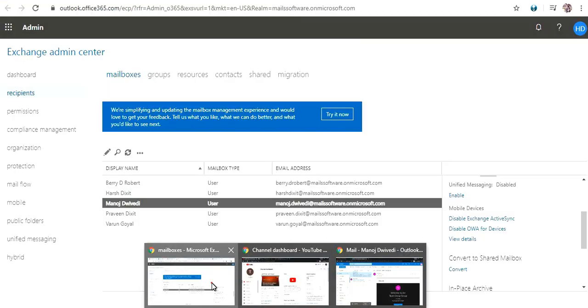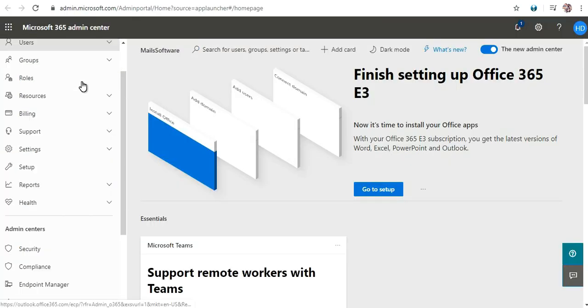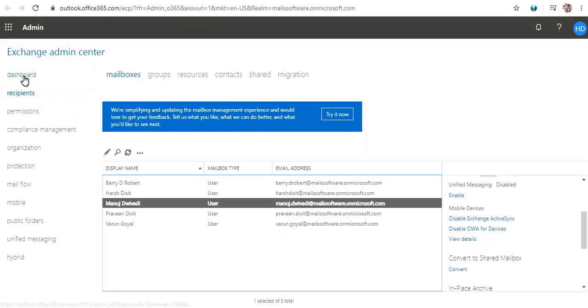First of all, you will just need to log into your Office 365 account, and then click on the admin option. From the admin option, click on Exchange, and then from the Exchange admin center, click on recipients.